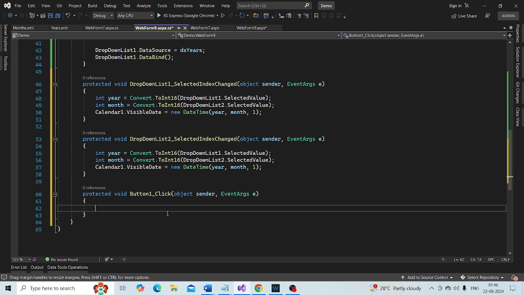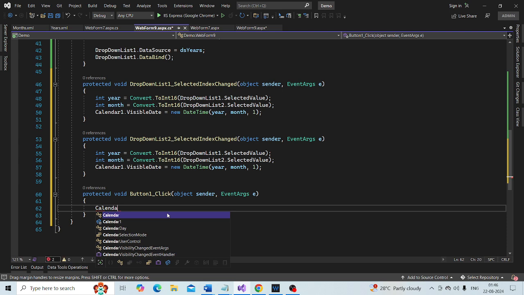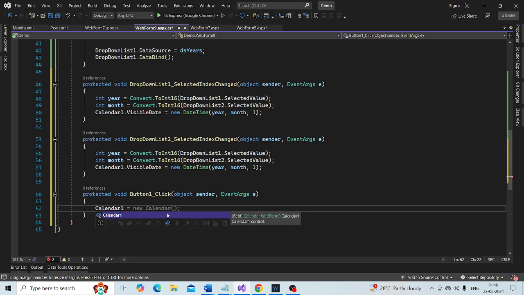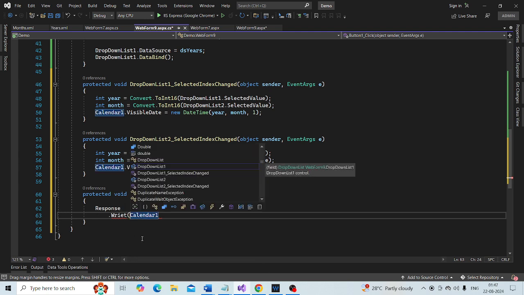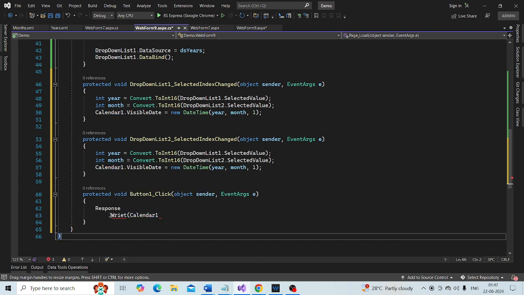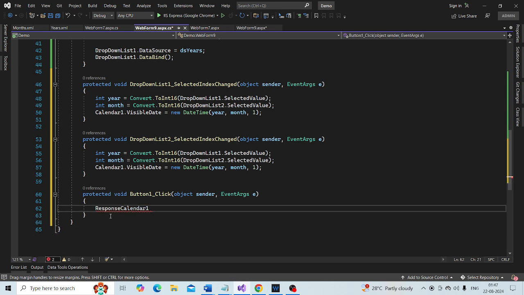So calendar 1, you want to print that onto the web form using Response.Write.